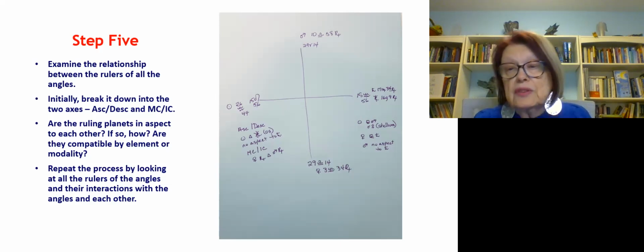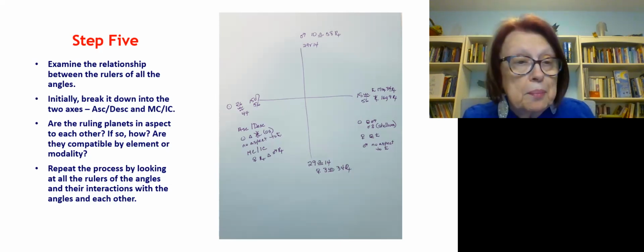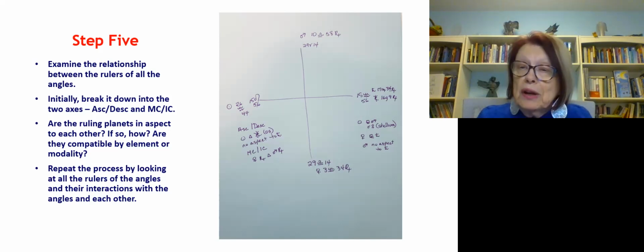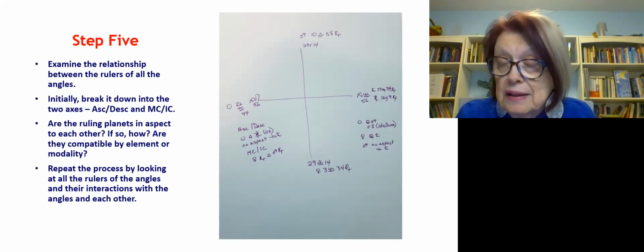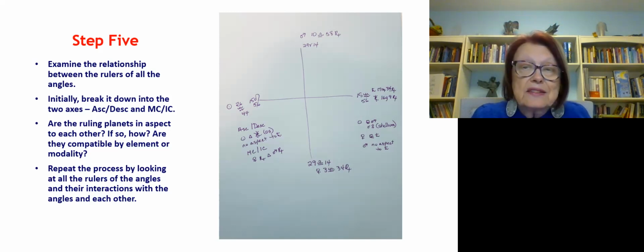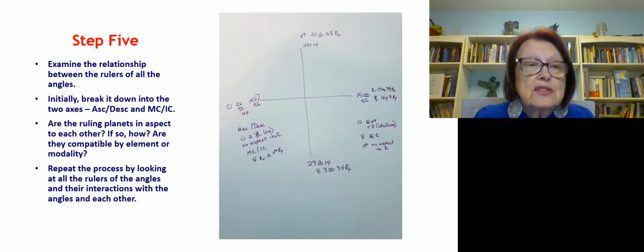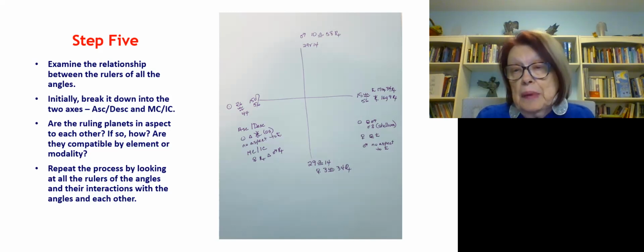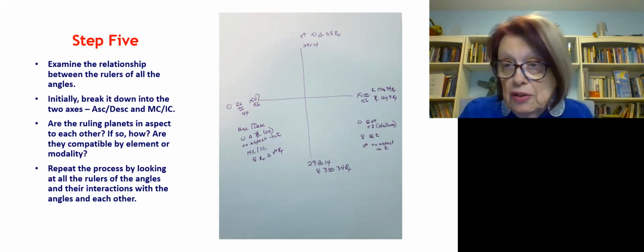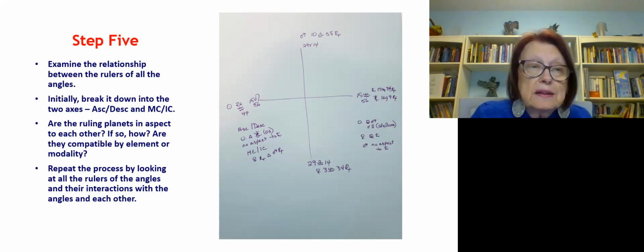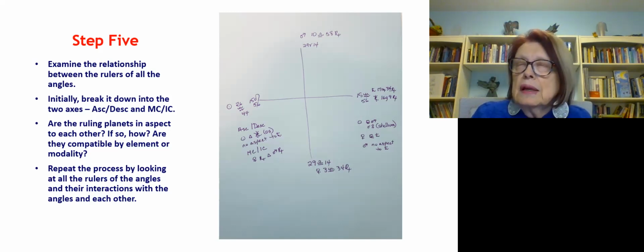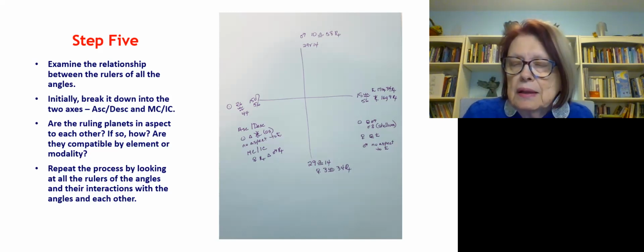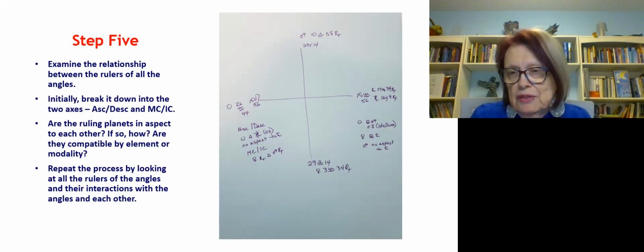So then you're looking at the rulers. I kind of backtracked a bit there, so my apologies. So here we are, we're looking at the rulers and how they connect to each other, because then that strengthens the picture. And if, for instance, the angles don't aspect each other, but the rulers do, then there's a stronger sense of communication and a better opportunity to actually feel that connection you have to your physical world.